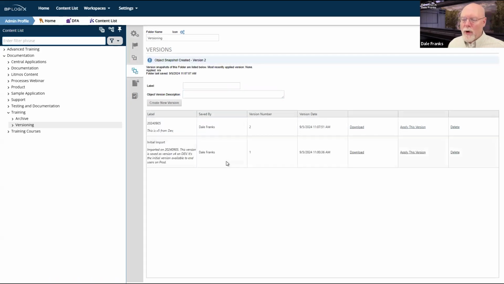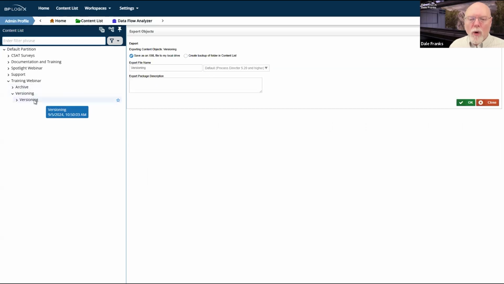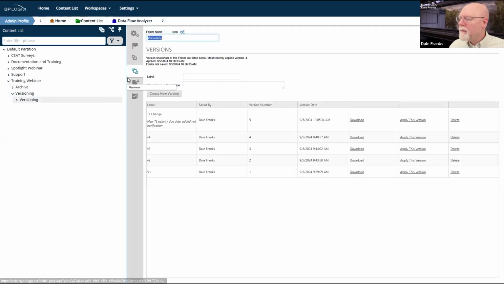I can import it. And now I'm starting to build a versioning history because I want a version after every import. By keeping notes properly here, I can attach what my production version is, of which I have 2, as opposed to what my dev version is, of which I have 5 technically. So that should be the way that the change process works.